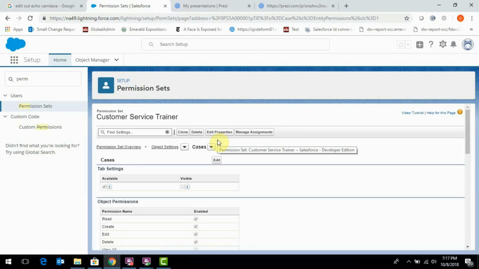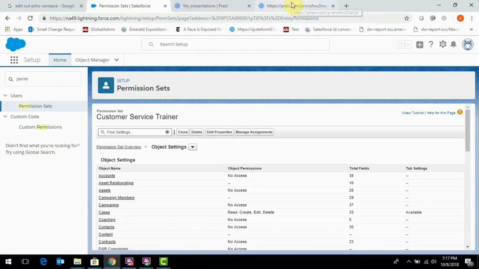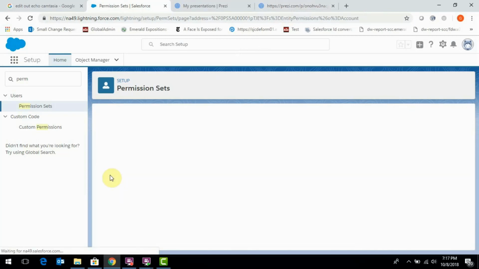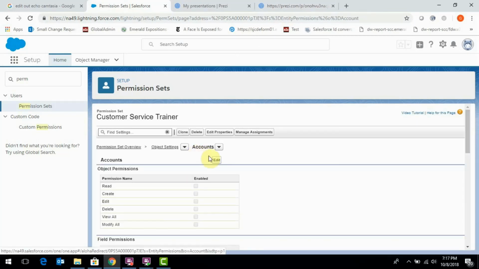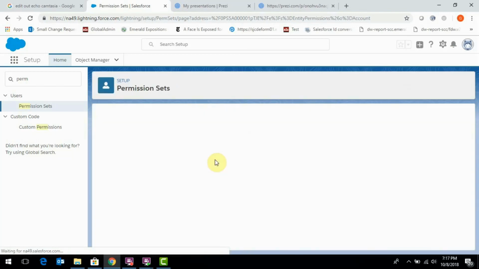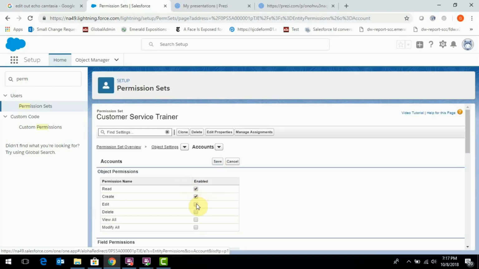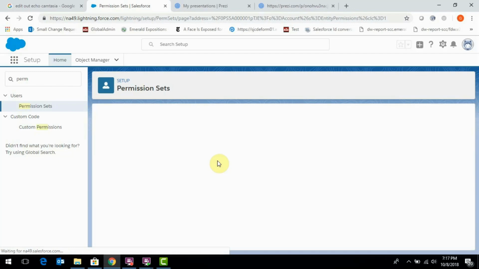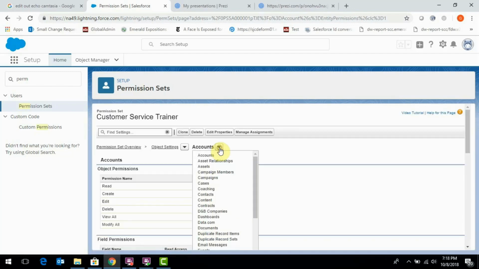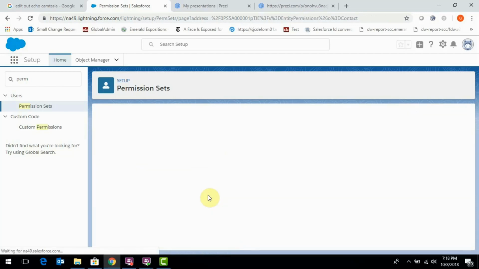In addition, Amanda Johnson will also need to be able to create, edit, and delete accounts and contacts to create test data. Go to accounts, edit, now create, edit, delete, save, go back to contacts, edit,